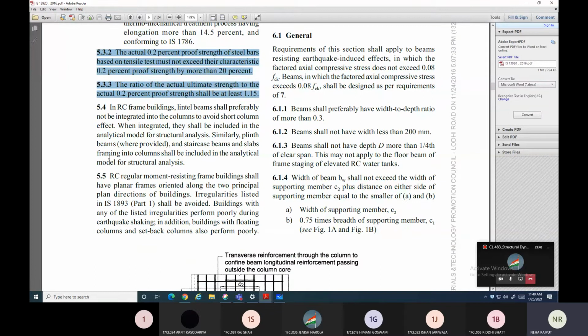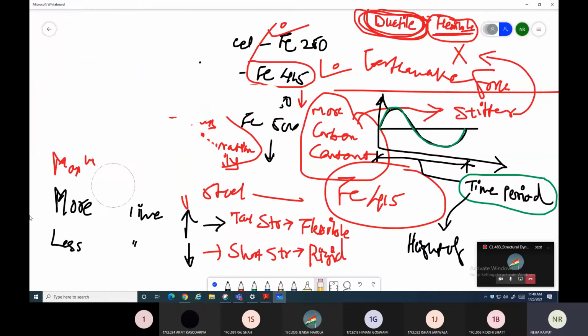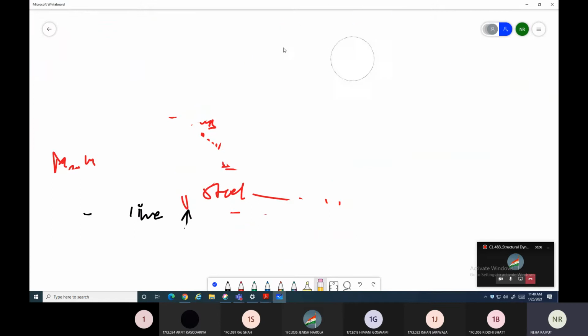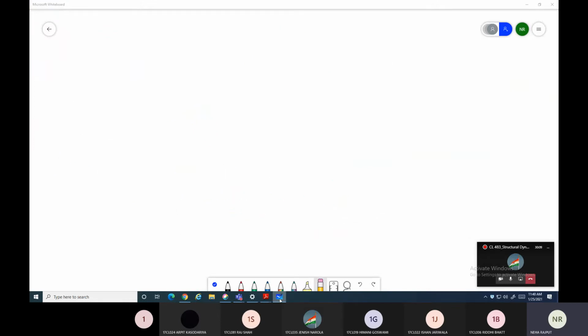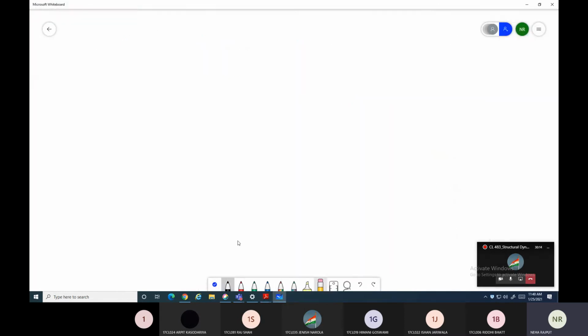Then these two also there. One is, in RC frame building, lintel beam shall preferably not be integrated into the columns to avoid short column effect. So you will see in the theory part also the long column and short column concept as per earthquake point of view, and this is the clause where it is mentioned that whenever you have lintel beam,